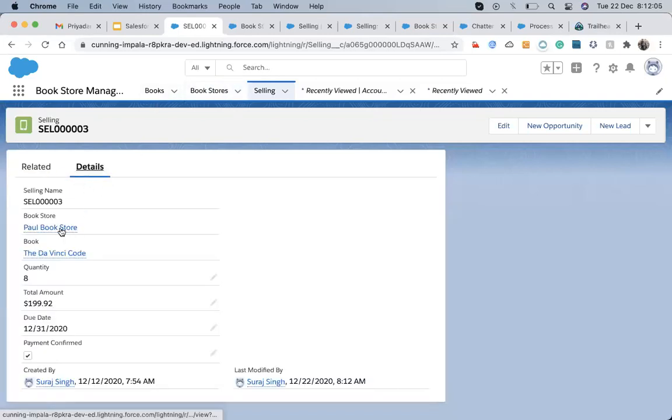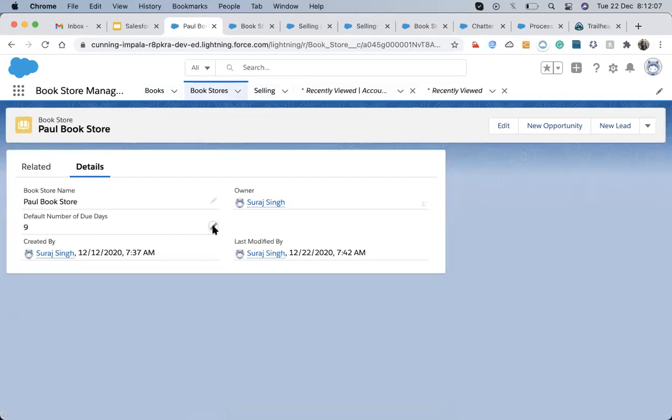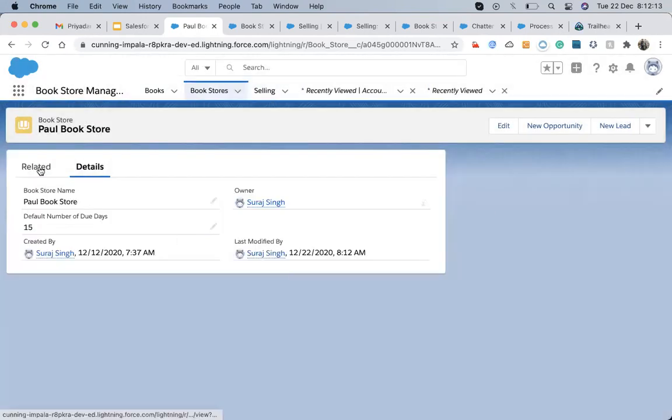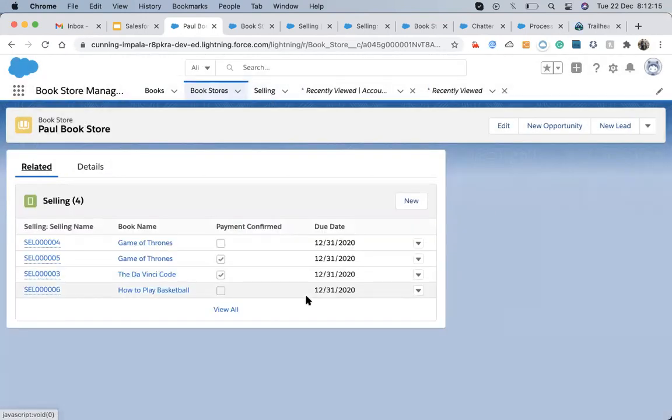Now I'm going to make changes in this. I'm just increasing the number of days, so it will be 15 days from now. It will not update. Might be some issue in the process. Let's check.